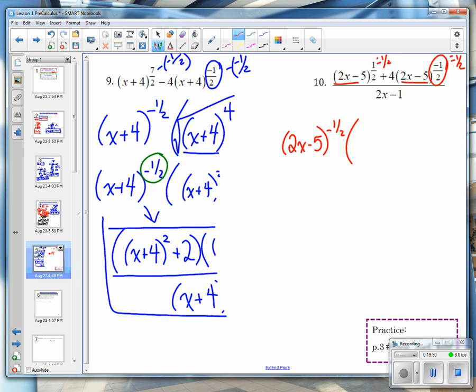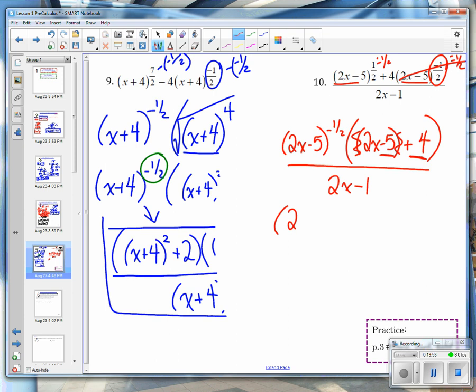Okay. And basically, we're adding. So a half plus a half is going to leave us with 1. So I've got 2x minus 5 to the power of 1 plus 4, because remember, that's all going to disappear, all divided by 2x minus 1. Now let's simplify. You'll notice here that I don't even need these brackets really anymore. So I've got 2x minus 5 to the power of negative a half times 2x minus 1, all divided by